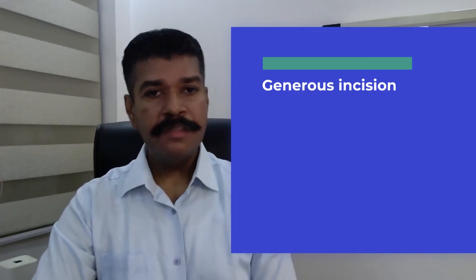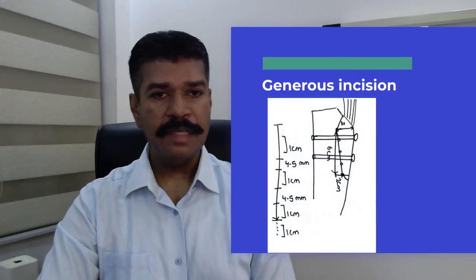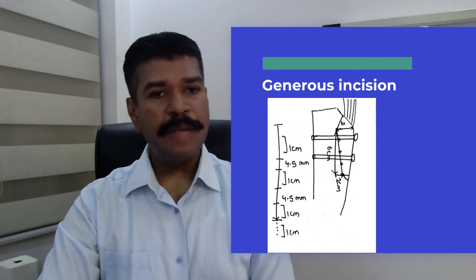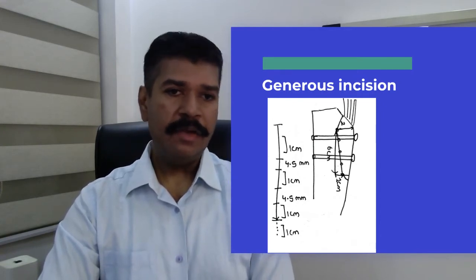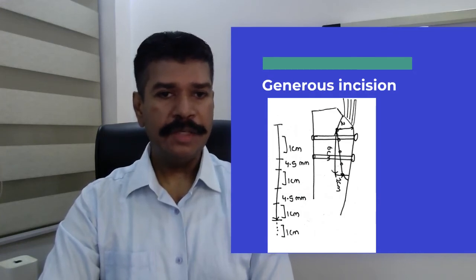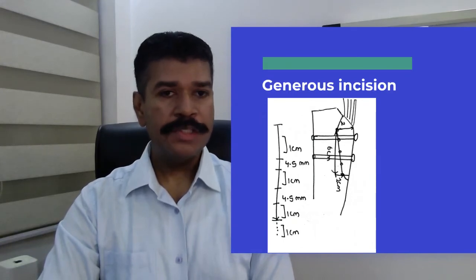It needs to be a big incision to expose at least 6 to 10 centimeters of the proximal tibia centered around the tibial tuberosity. This is how I like to plan the osteotomy. I like to have at least a 6 centimeter long fragment, and I would like to pass two or at least three 4.5 millimeter standard screws with washers through the fragment so as to fix the osteotomy.